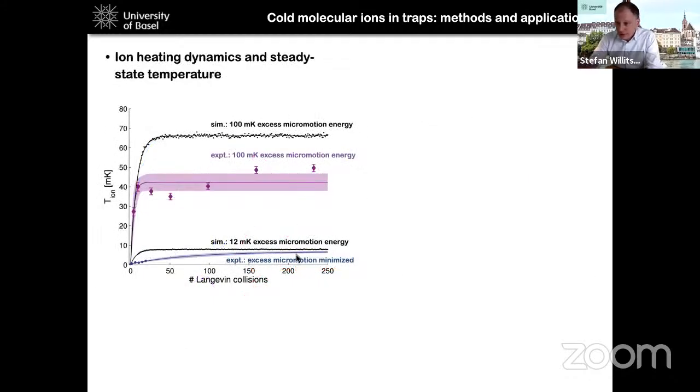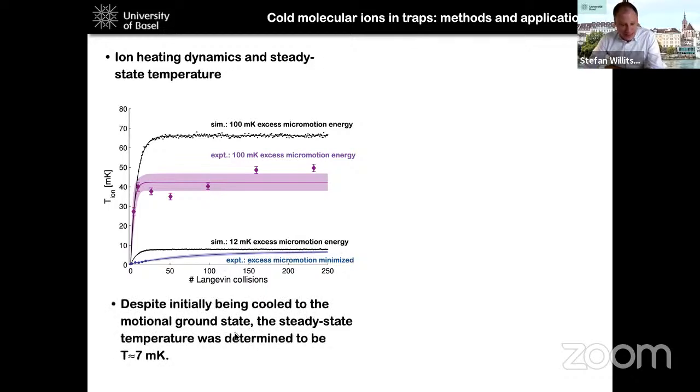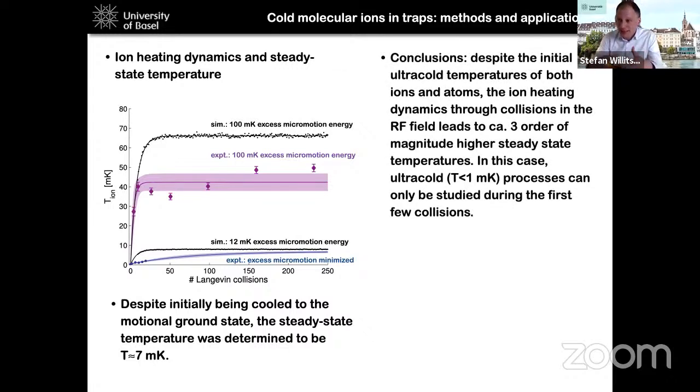And what they found out through all these experiments is that even if they start with perfectly ground state cooled ions and with ultra-cold atoms in the trap, in the end, what they arrived at is that the steady state temperature of the ion in the trap after all these collisions was not what corresponds to the ground state of the ion in the trap, but to about 7 millikelvin. Yeah, so it's quite high. And the reason was this effect. This was this micromotion heating